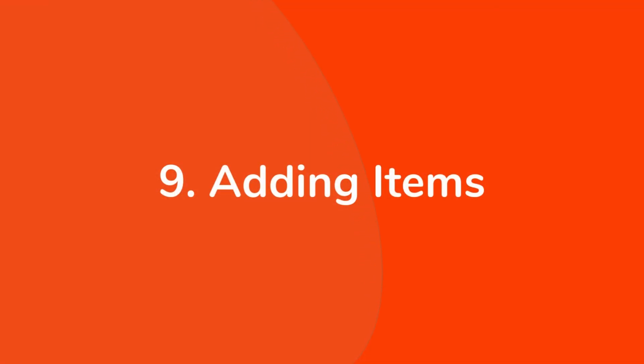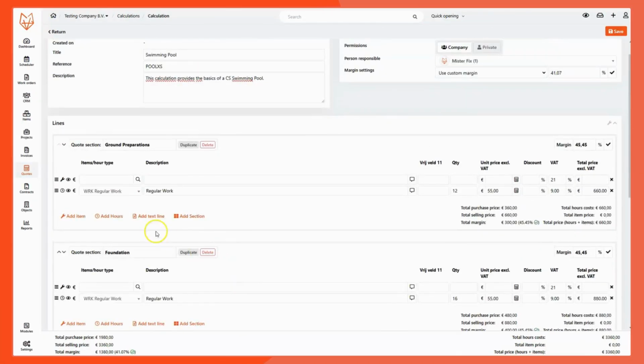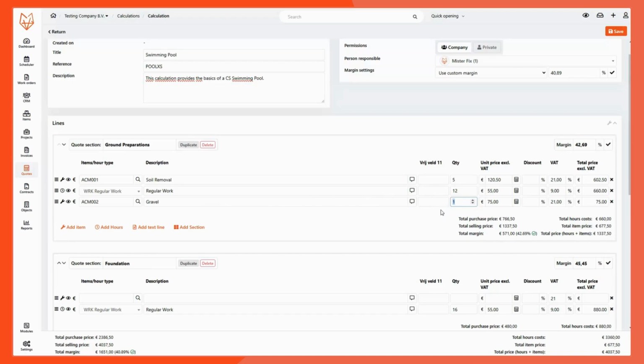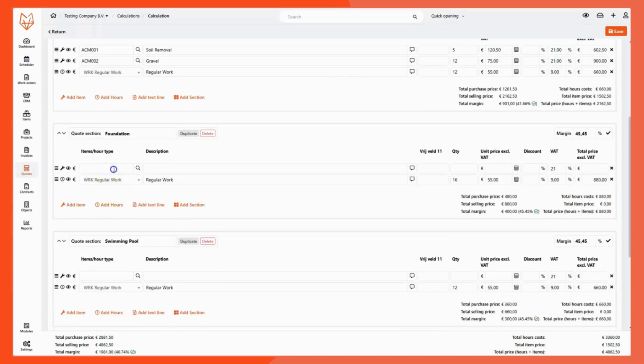Chapter 9: Adding Items. In the calculation module, adding items to each section is crucial for detailing the materials and equipment needed to complete the work. Within each project section, you can specify which items are required along with their quantities. Each item incorporated into the calculation pulls its selling price from a predefined materials list, ensuring consistency and accuracy in